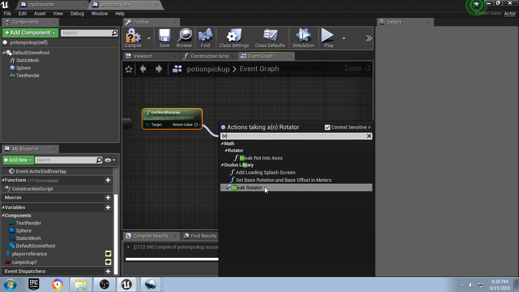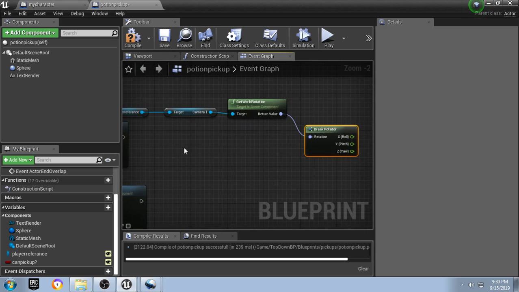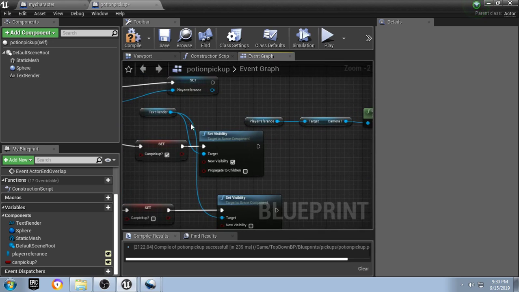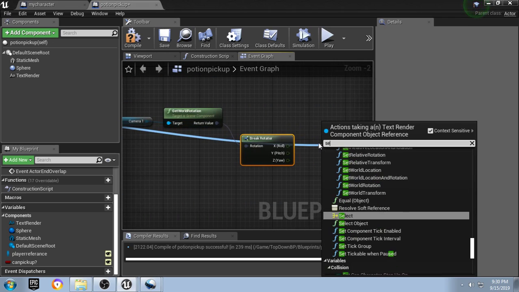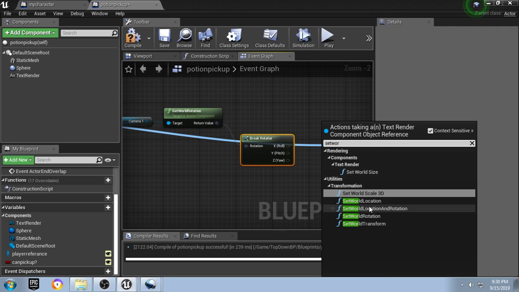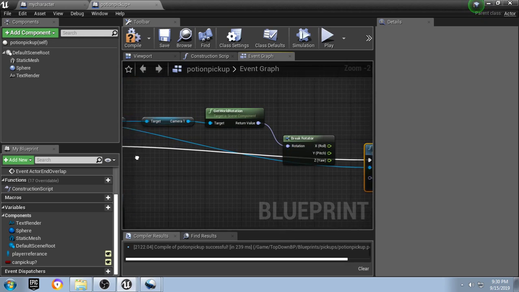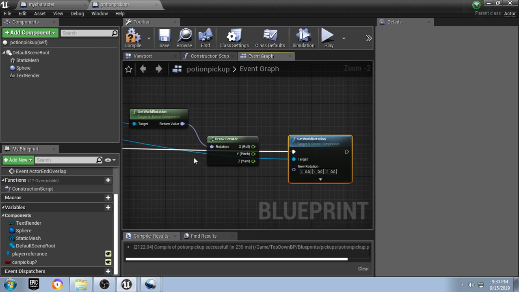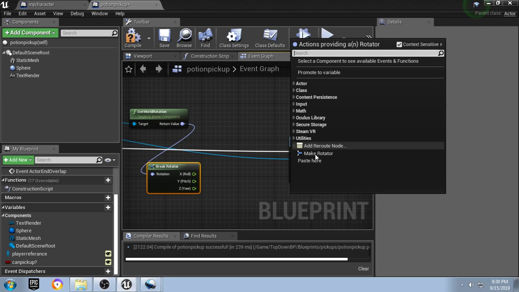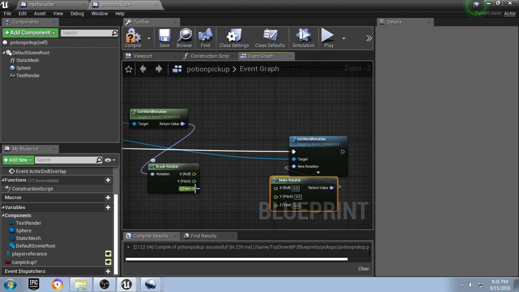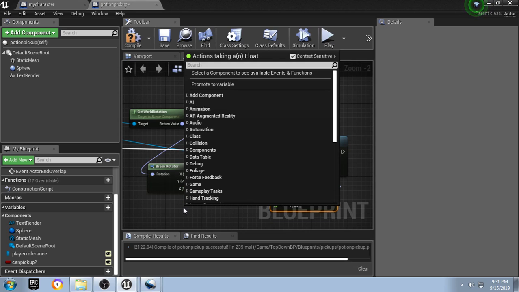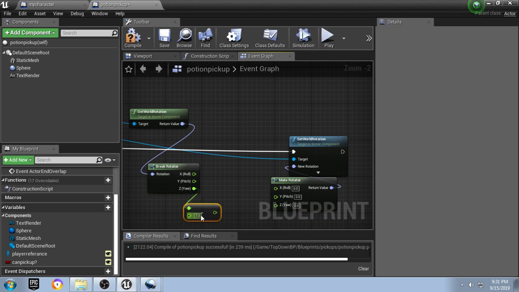We will break the rotator, and then we're going to drag off of our text render and say set world rotation, and we'll plug that into this execution pin when we are setting it to visible. Then we'll make a rotator, and we'll pull off of the yaw, and we'll say minus float, and float to minus of pi will be 180, so it will face us, and we can plug that into the yaw. Okay,